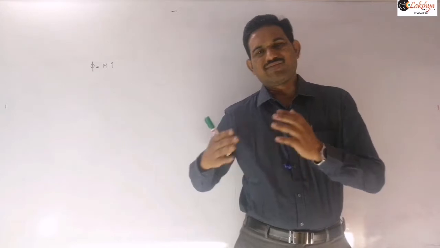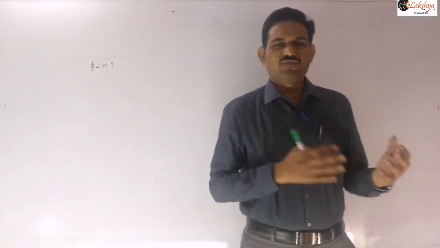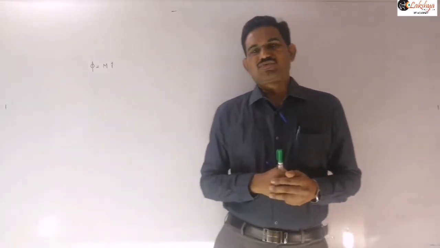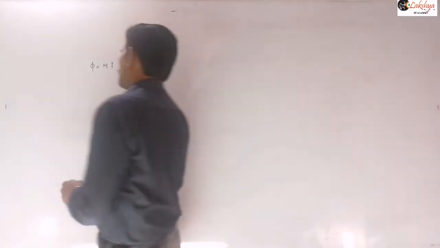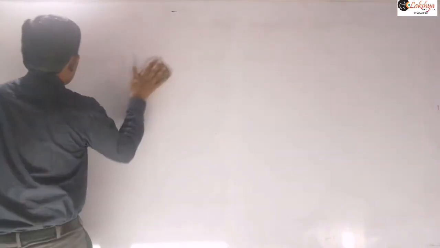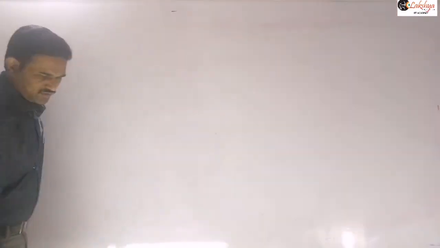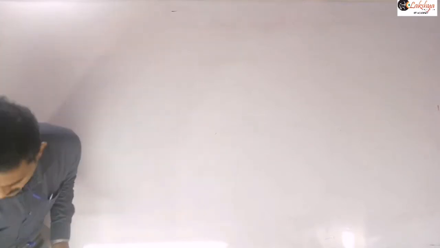So that means either M12 or M21, both are equal, which we called the principle of reciprocity, right? And in today's class, let us see a few derivations based on that. So let us see a few derivations of this mutual inductance. For that, let us consider first the mutual inductance between two circular coils.